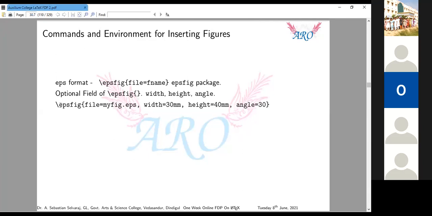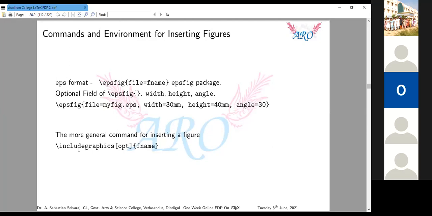Just an example: epsfig, file equal to myfigure, your figure name with the extension .eps, width 30 mm, that means 3 centimeter width and 4 centimeter height. I need this picture with a 3 centimeter width and 4 centimeter height. Angle, the rotation, is 30 degrees. I am going to rotate this figure 30 degrees. This is the procedure to run an EPS figure.